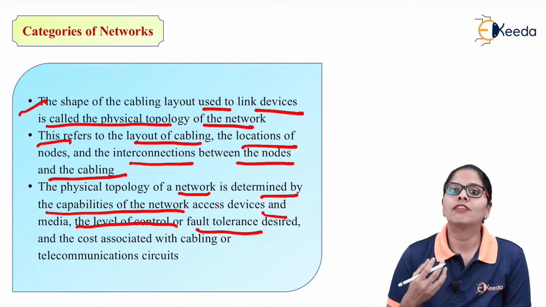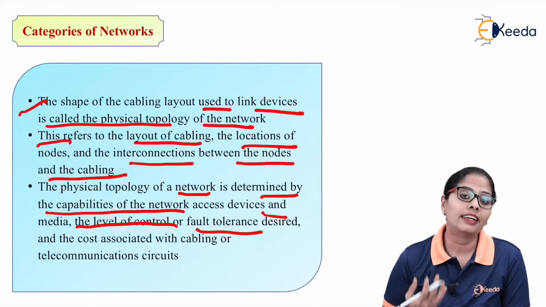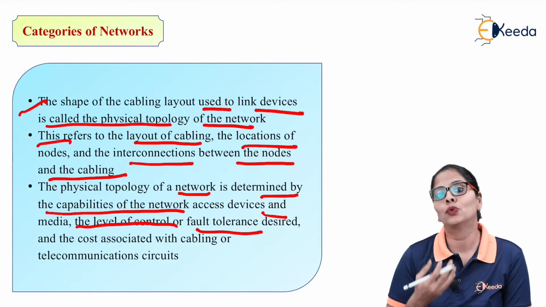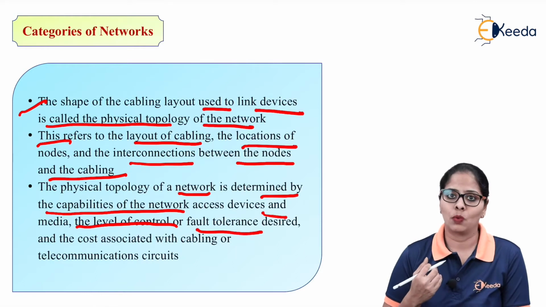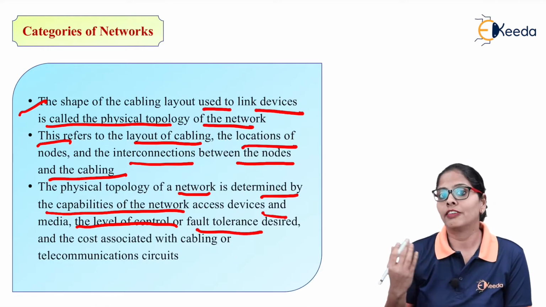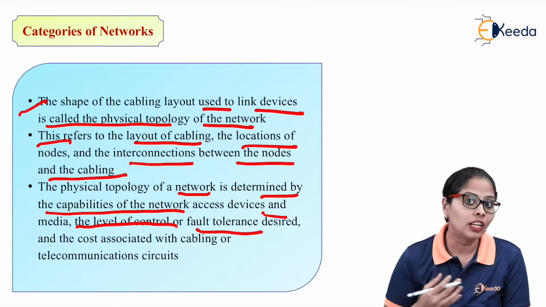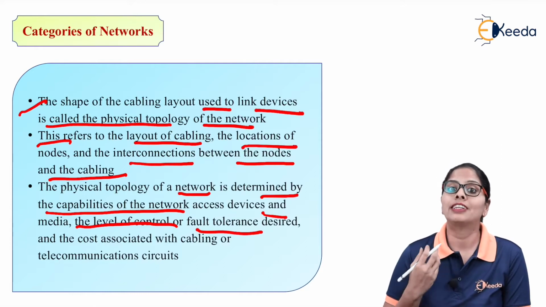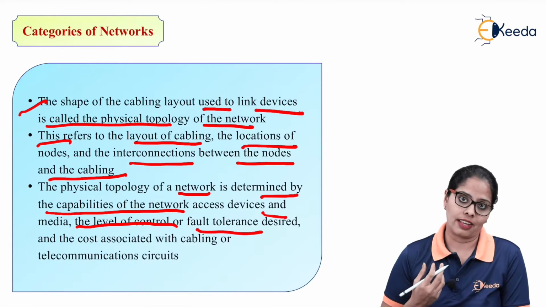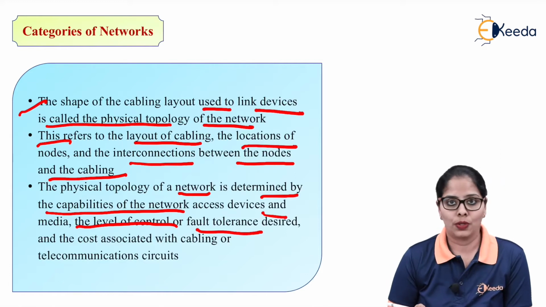Fault tolerance means whenever any fault takes place, how it will affect the network. As you know, if there is a dedicated link between two computers and that link is down, it does not affect the entire network. Now let us consider that the cable is shared by many devices. If there is a fault in that backbone cable, it will affect my entire network communication. So in the topology we decide how the fault tolerance works. All this we consider in the physical topology.